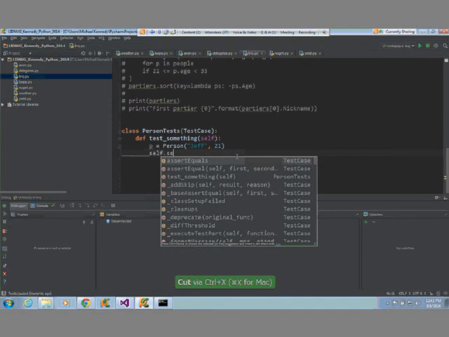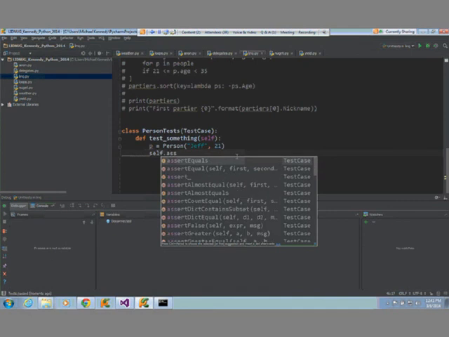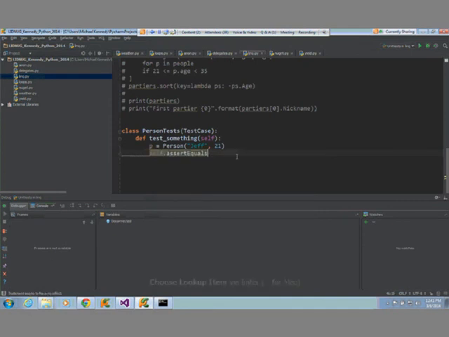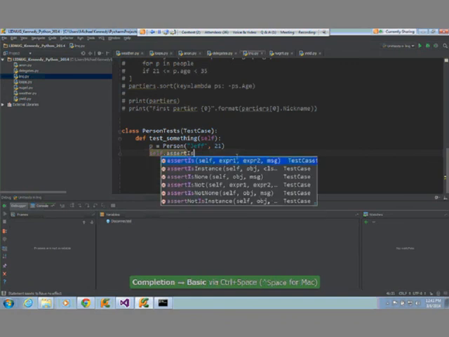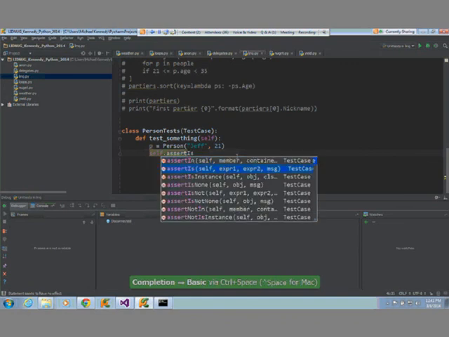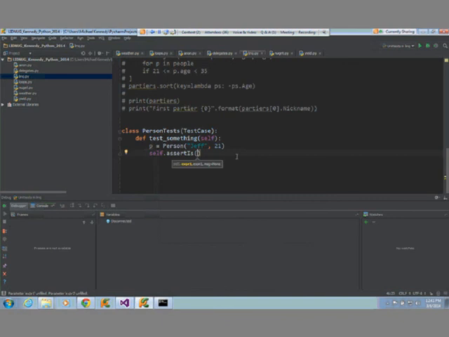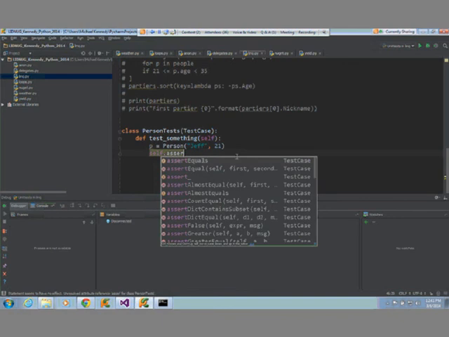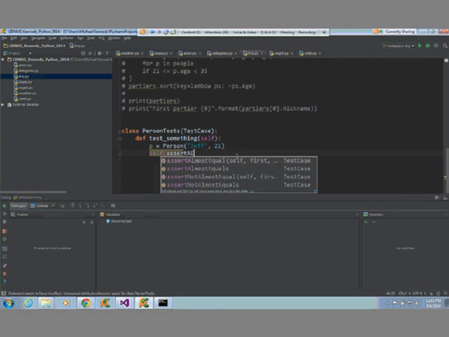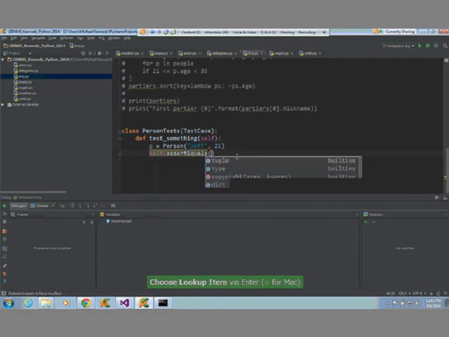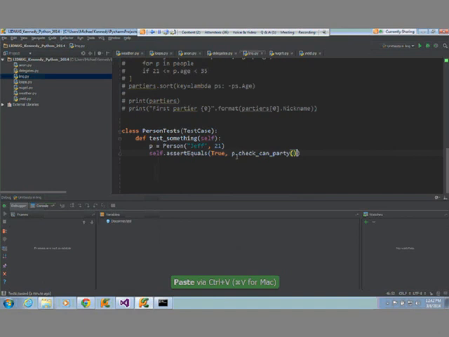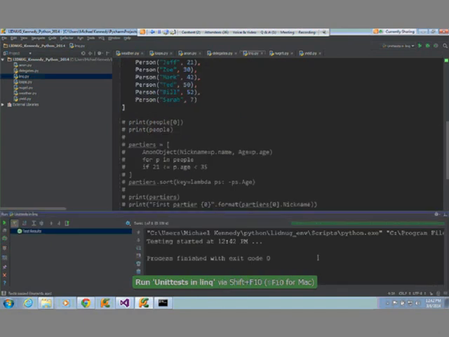self.assertTrue. Let's assert r equals, yeah. That's why it was unhappy.